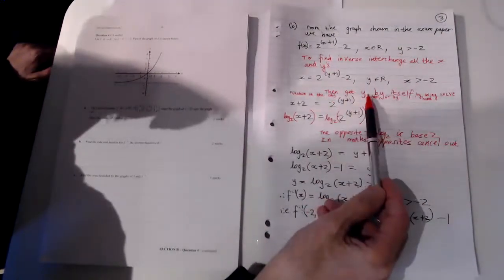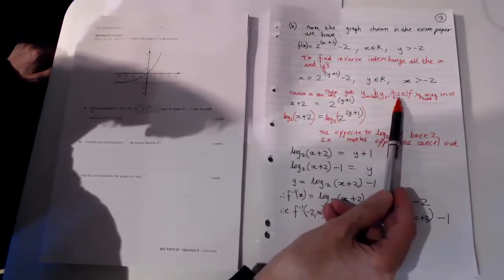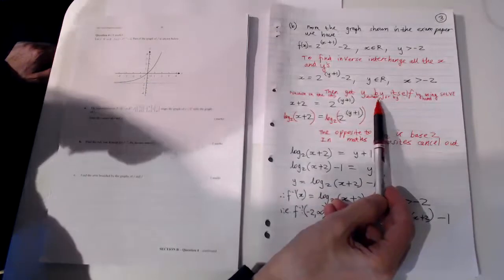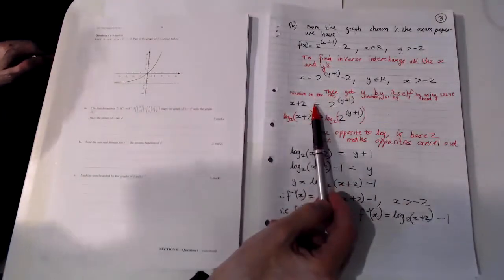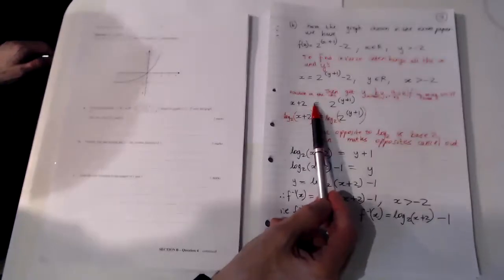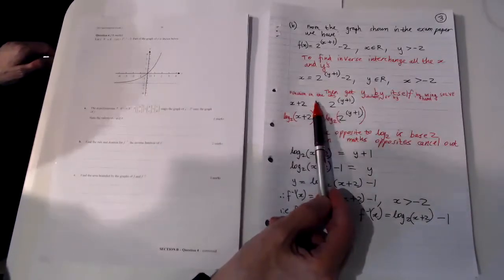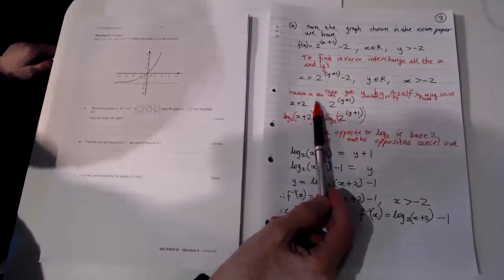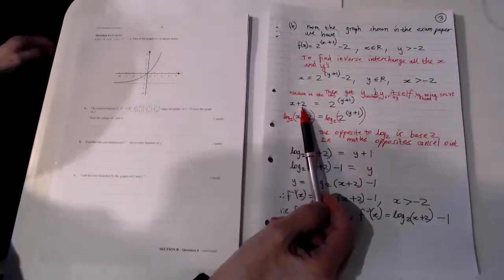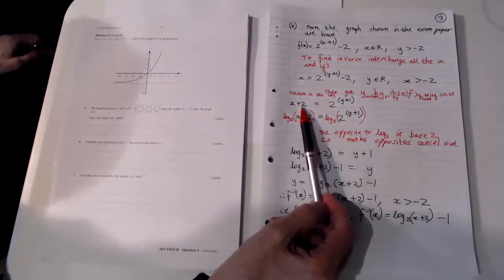Then you've got to get y by itself. One way to get y by itself is to use the solve function on the CAS calculator and tell the CAS calculator to solve for y. The other way of getting y by itself is by hand. And just to give us a little bit more practice,